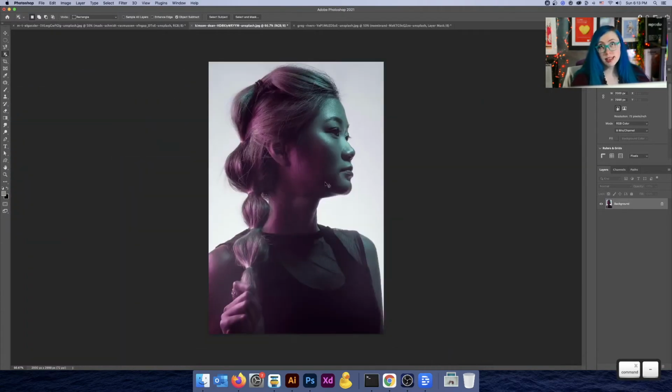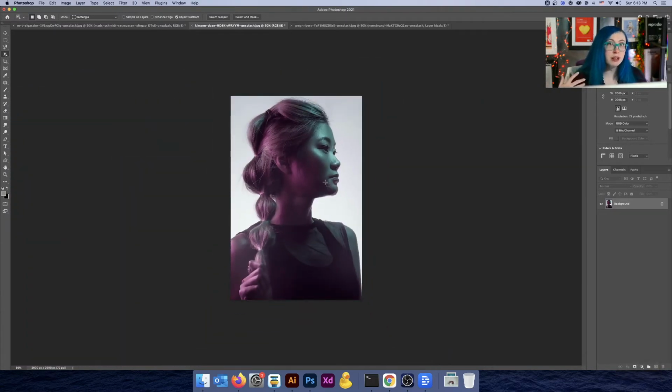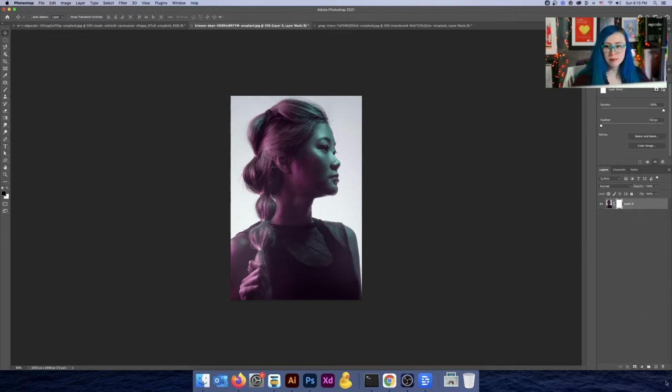So when you're selecting things like hair, when you have to remove the background around somebody with these really fuzzy natural edges that are just really hard for you to go in and select and unselect, what you want to use is a layer mask. Here's the trick. We're going to begin by adding a layer mask to this photo. Whenever you add a layer mask just like this, it's going to start out as white. Everything is showing.